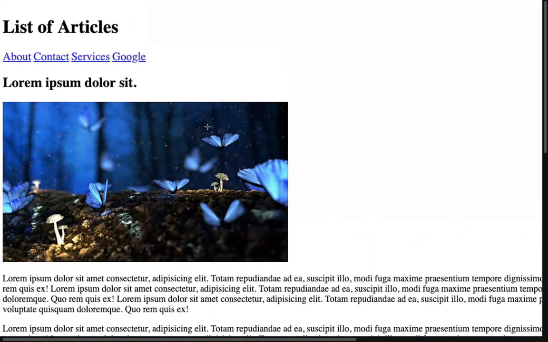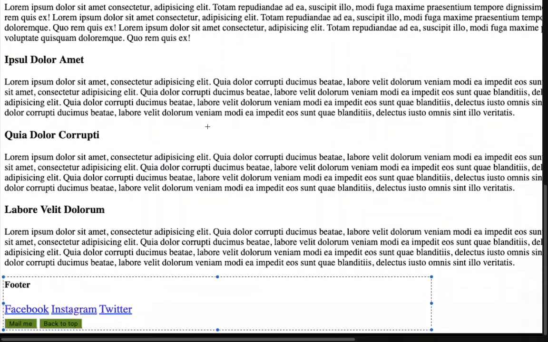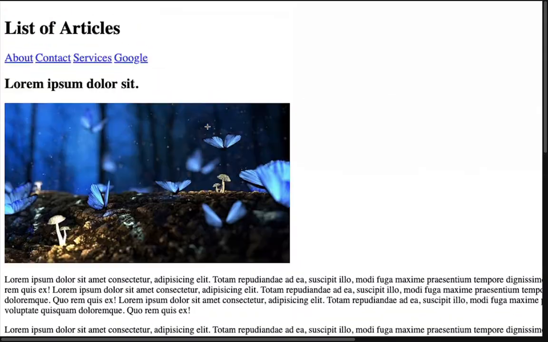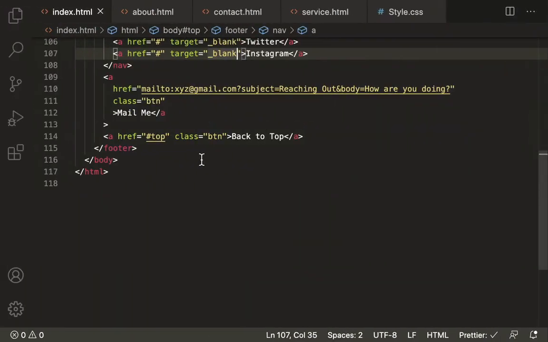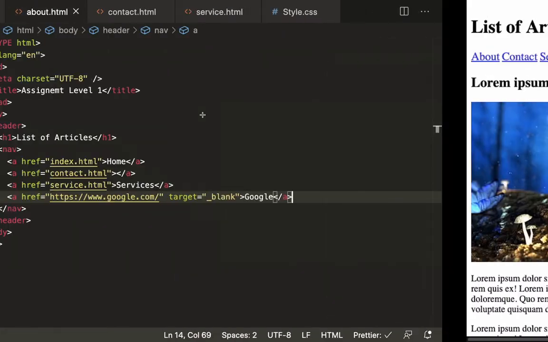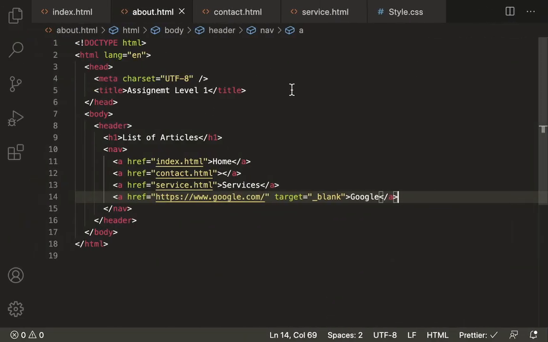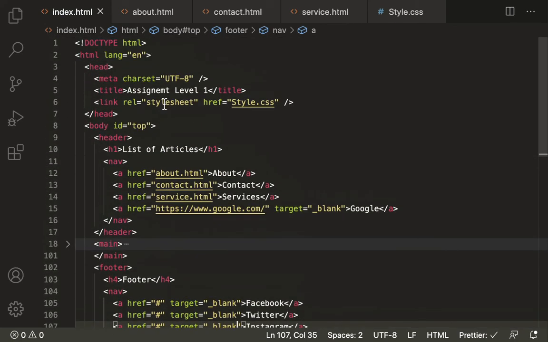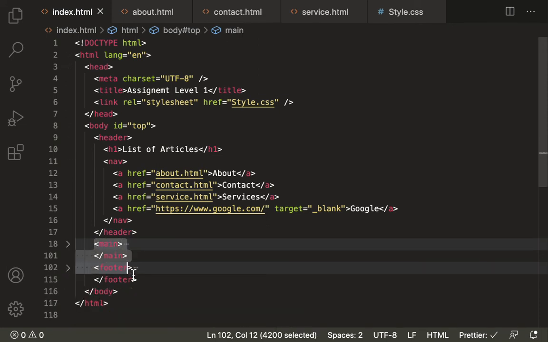Now let's go from top to bottom once again. No changes. But next, we have the same kind of structure for each and every page. So instead of writing all that content once again for each page, we just need to copy and paste the main tag as well as the footer tag. Let's go to our main and footer in index.html.